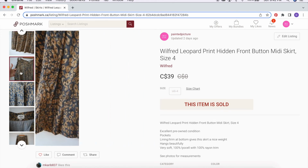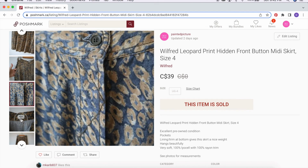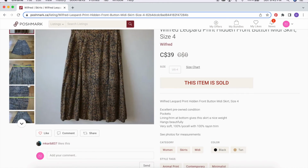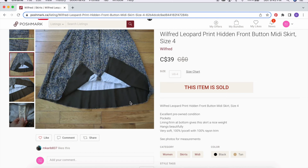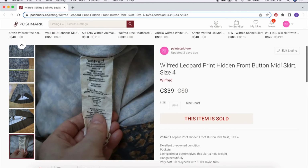But I was really sad to let this one go because I just remember really enjoying wearing this whenever I had the chance. It was just made of this very soft lyocell fabric, and it just had this beautiful way of hanging off the body. It has this trim on the inside that just gave it kind of a nice weight at the bottom, which made it a very elegant skirt. So sad to let it go, but this was actually purchased by the same woman who bought